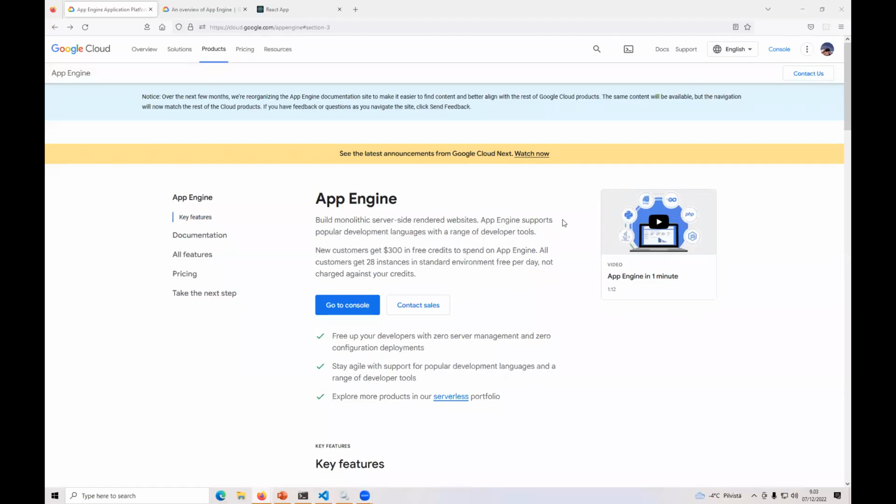Okay, so the purpose for today is to check out how you can deploy your application to App Engine. App Engine is a service or a product offered by Google Cloud Platform. It is this kind of platform as a service kind of product. And platform as a service means that as a developer, you are mostly concerned about your own application, and you do not have to worry about managing some server